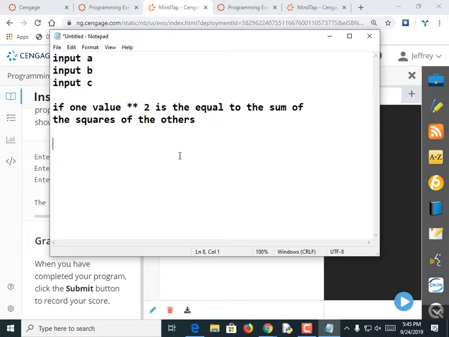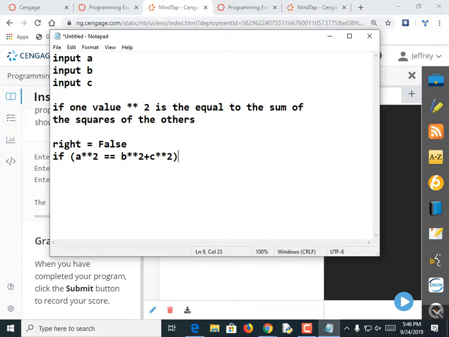Why don't we do this one together? You don't have to type it in as I'm typing it, but here's the way I'm going to make it work. I'm going to set a right variable equal to false, and then I'm going to have some if statements, and if any of them match, then we're going to set right equal to true. So like if a to the power of 2 is equal to b to the power of 2 plus c to the power of 2,